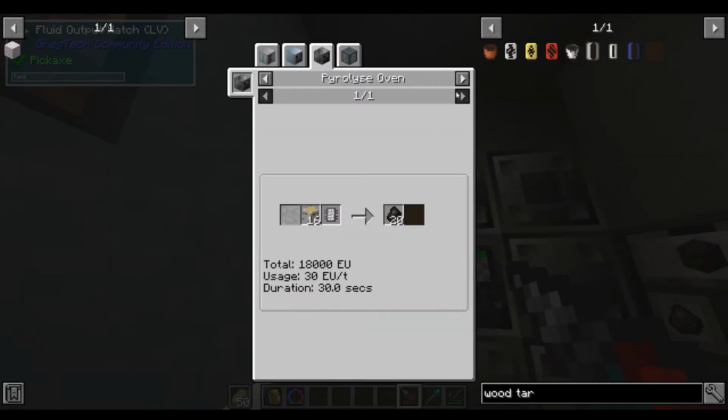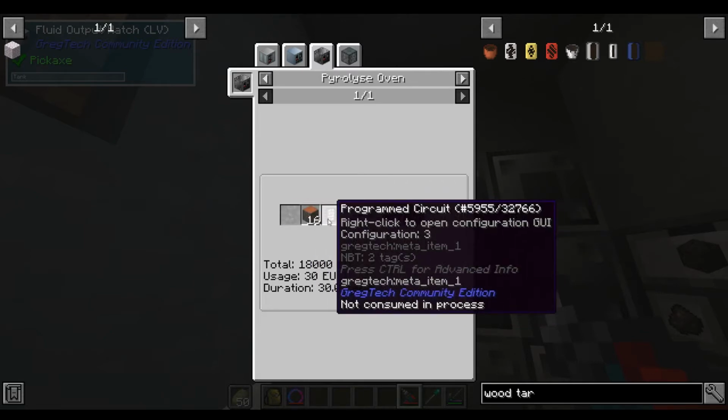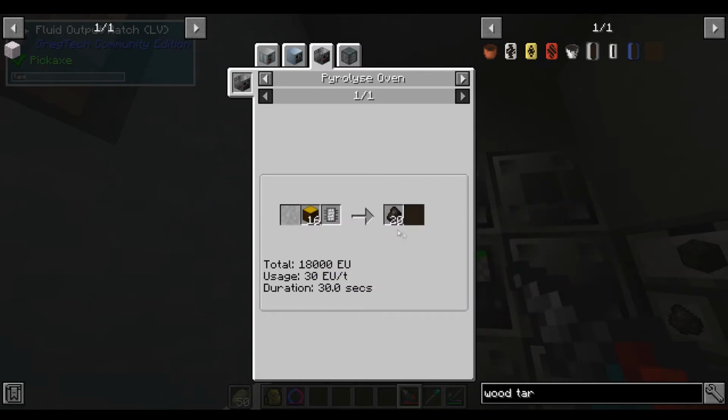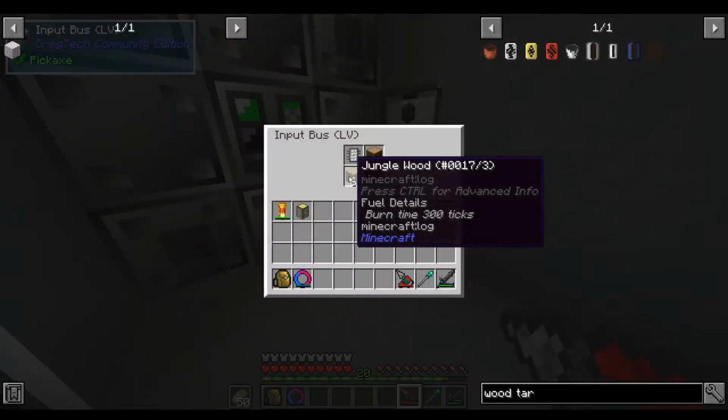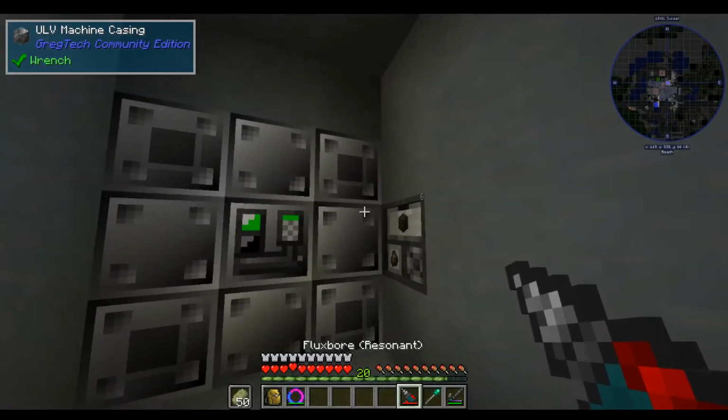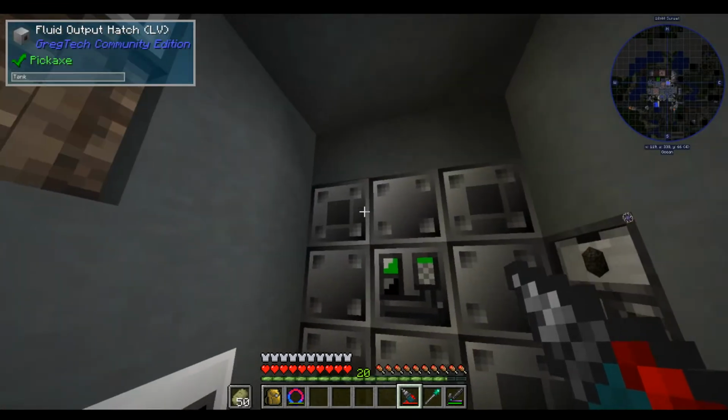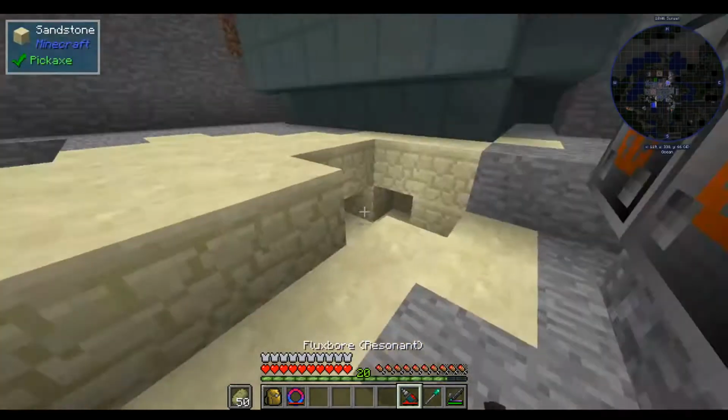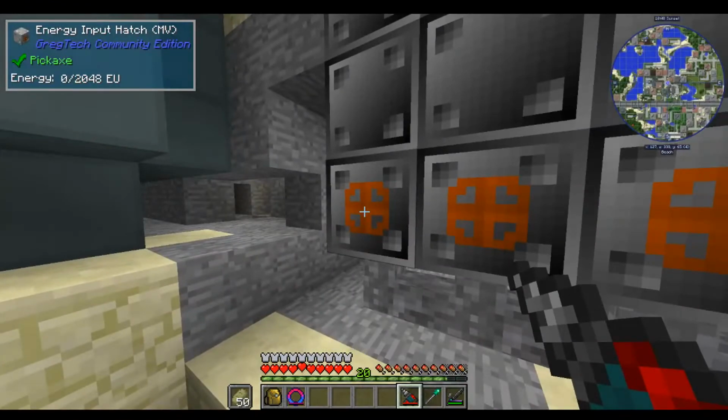If we have a look at wood tar here, the way we've got it set up is to run through essentially this recipe here. You just keep the program circuit steam and it produces charcoal with any of the woods. We're using jungle wood. This is all set up, so if we go around the back, I decided to just use some of the excess